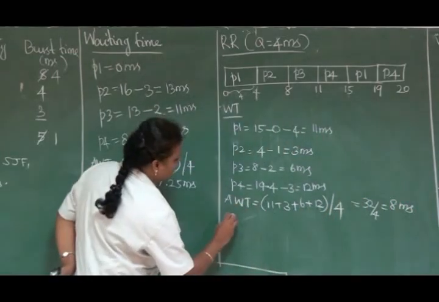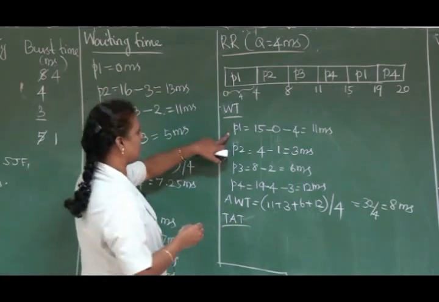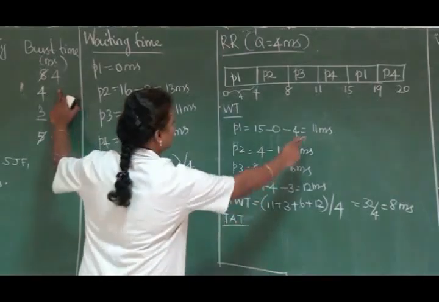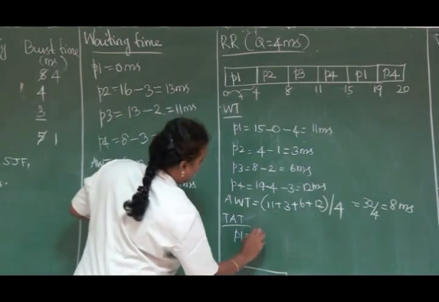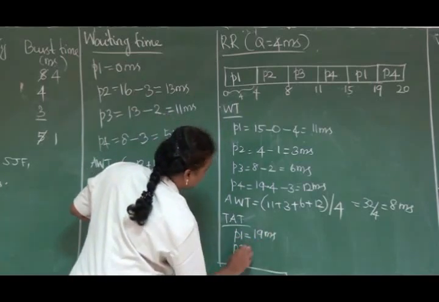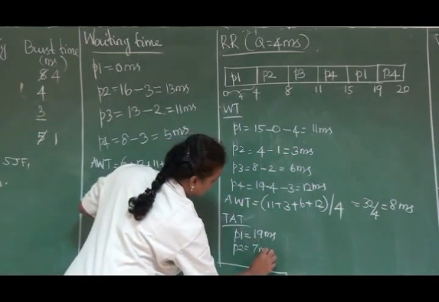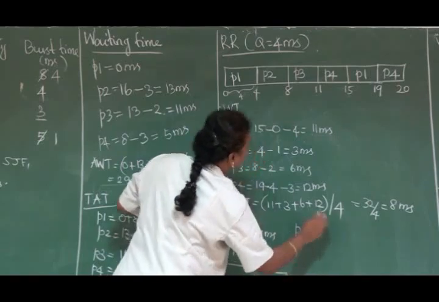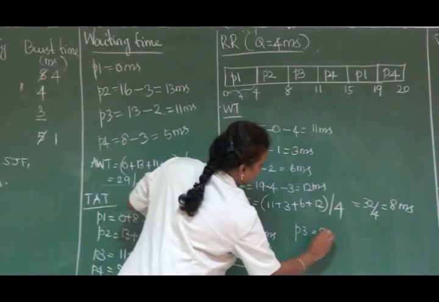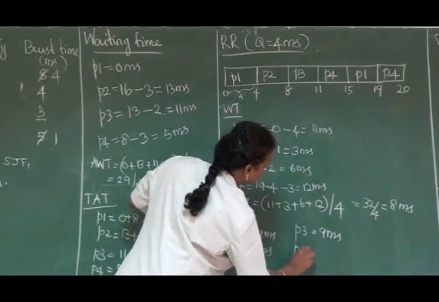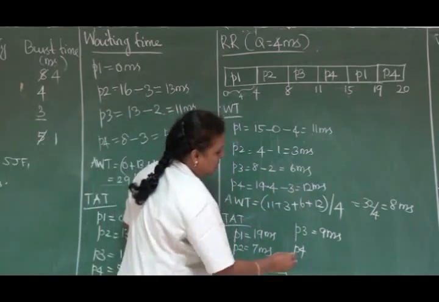Then similarly, we have to calculate turnaround time. The turnaround time of P1 is its waiting time plus burst time. Its waiting time is 11 and its burst time is 8. So P1's turnaround time is 19 milliseconds. Then for P2, its waiting time is 3 and its burst time is 4. So 7 milliseconds. Then P3, its waiting time is 6 and its burst time is 3. So 6 plus 3, 9 milliseconds. Then P4, its waiting time is 12 and its burst time is 5. So 12 plus 5,